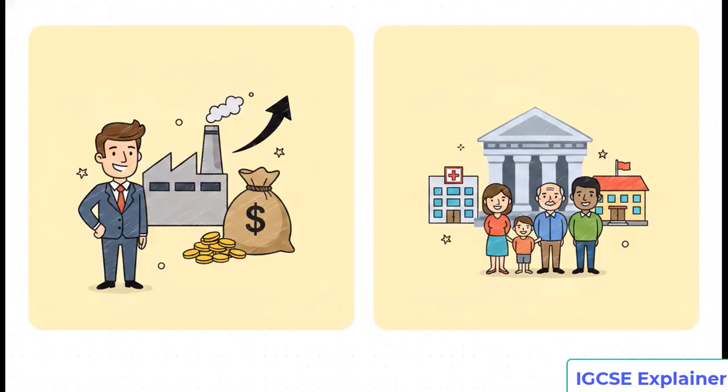In a mixed economy, there's a fundamental divide. On one side, we have the private sector. These are businesses owned by private individuals, and the primary objective, it's simple, to make a profit. The owners hold all the power to decide exactly what to produce and what price to charge for it. Then, on the other side, we have the public sector. This is owned by the government or the state, and their objective is radically different. Their goal is to provide essential services to the public, things like healthcare, education, or national defense. Here, the government decides what is needed, and a lot of times, these services are completely free to the user at the point of access, because they're funded collectively by taxpayers. So it's two totally different objectives operating right side by side.